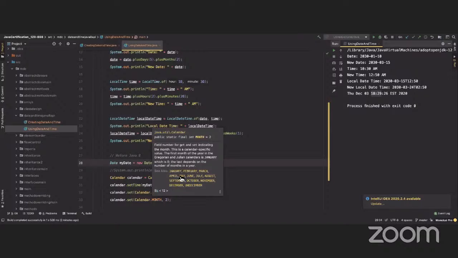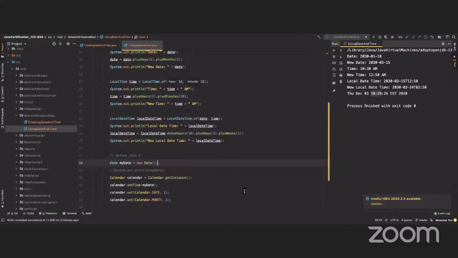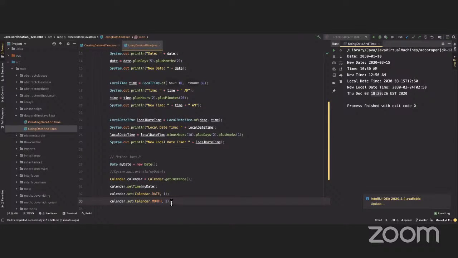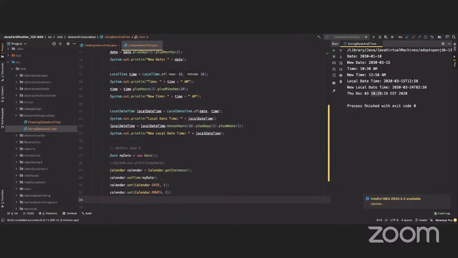Okay, 11 months. So this is going to be March 1st, okay? And remember, this is December 3rd, okay? So basically this is 3 and the month is 11, okay? Now, I'm going to say my date